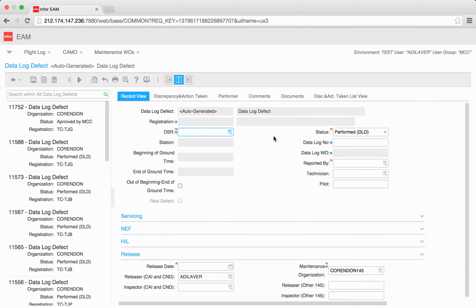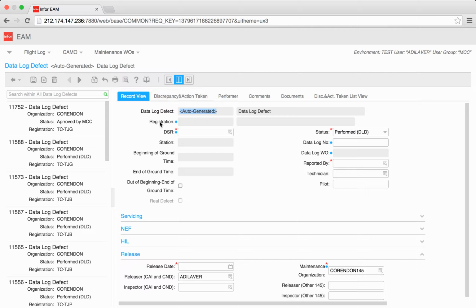When we have not saved and created the data log, as you can see, there is no data log defect ID number. So it means that there is no data log defect to link with the hold item. So at first we have to fill these two areas, release and linking information, and press the same button. After we save the record,